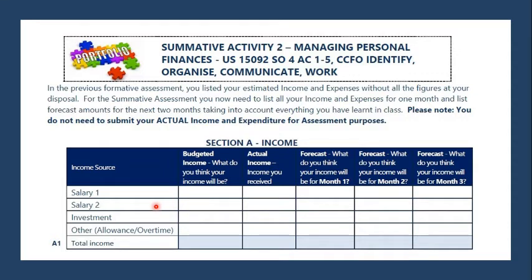Salary 2, that could be a partner. Remember that you're only going to complete a row applicable to you. Otherwise, you're going to leave it. Investment, do you currently have income coming in from an investment? It's important that if something applies to you, you complete all rows for me. Right, so anything other, allowance, maybe you have rental income, overtime, and then you're going to have the total budgeted